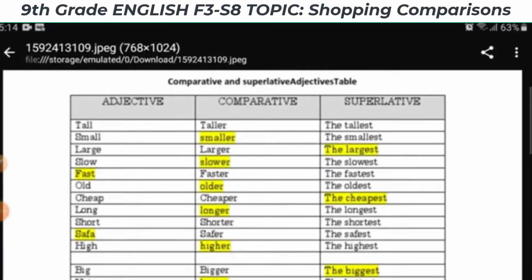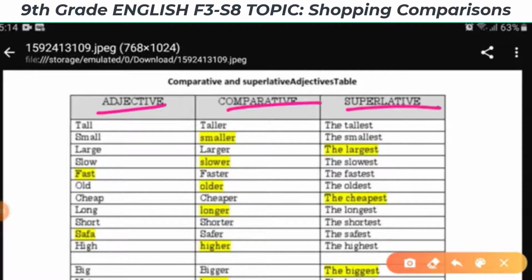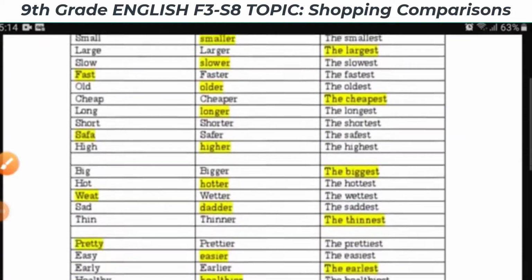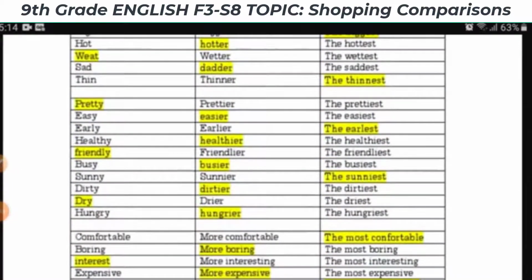Here, you can take a screenshot of this. Aquí tenemos el adjective, comparative y superlative. El superlative ya lo vamos a ver, hoy estamos con el comparative. Yes, tall, taller, alto, más alto. Small, pequeño. Smaller, más pequeño. Yes, large, larger, largo, más largo. Slow, despacio. Slower, más despacio. Si te fijas, siempre llevan la ER, ER al final. Ok, le puedes tomar screenshot at this part so that you can have a better idea on how to write